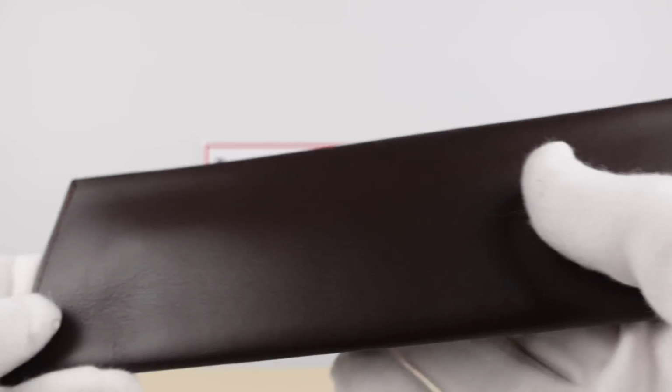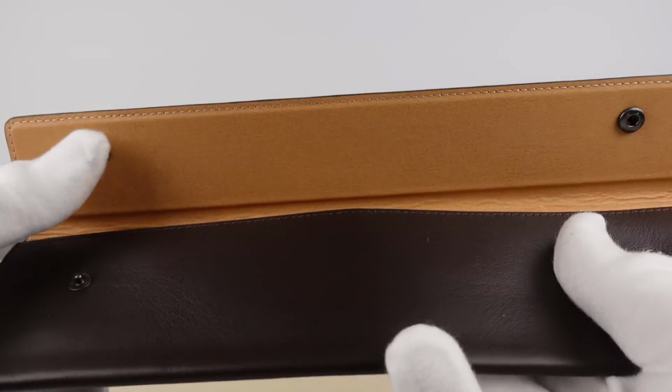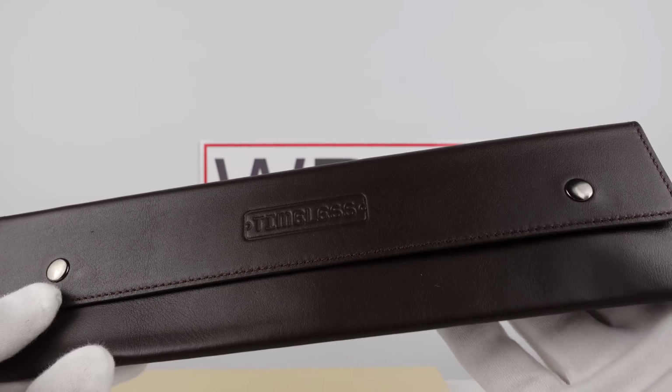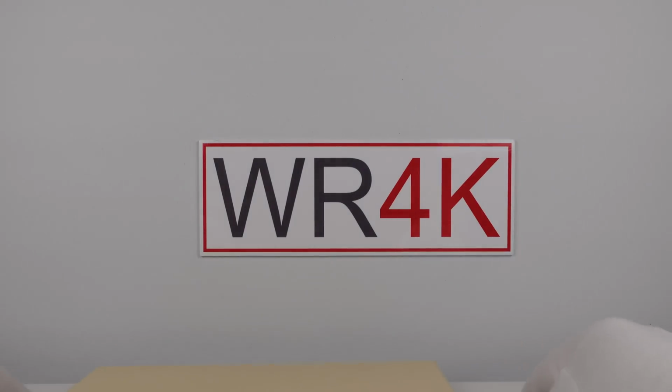The quality of the finishing is good, no loose stitches around the perimeter, and it's got a nice grained finish in chocolate brown leather. So the interior contrasts with a nice tan tone to it, and there's a lovely scent from the genuine leather travel case. At €1,536, this is appropriate, and they deserve credit for not cutting any corners with regards to the quality of the